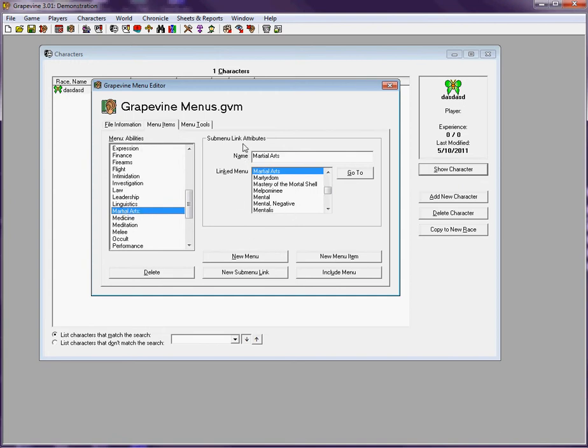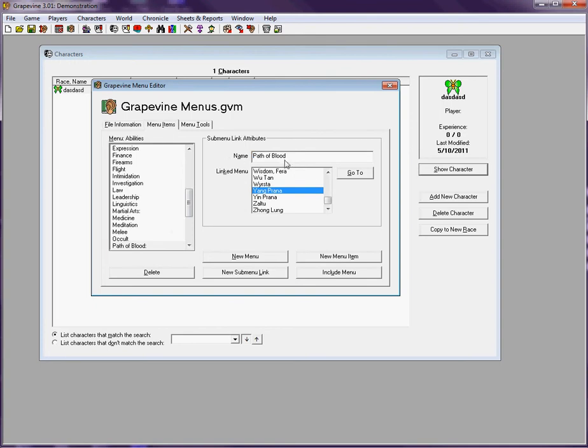And for some reason in abilities, I want to go to the Path of Blood, because I think everyone should be able to get the Path of Blood as an ability. And we would go in here, and I believe it's in Thaumaturgy somewhere, or nope, it's in Path of Blood. Well, you get the idea. Say I decided to make it Yang Prana instead. Now, if I exit the menu here,